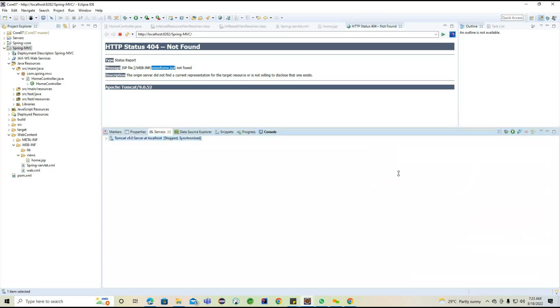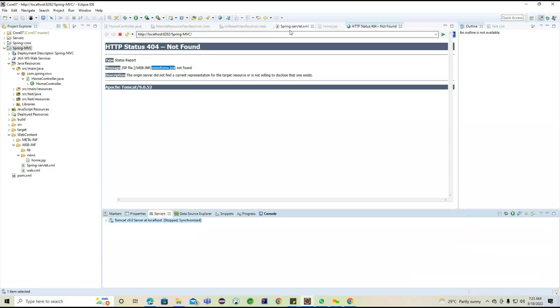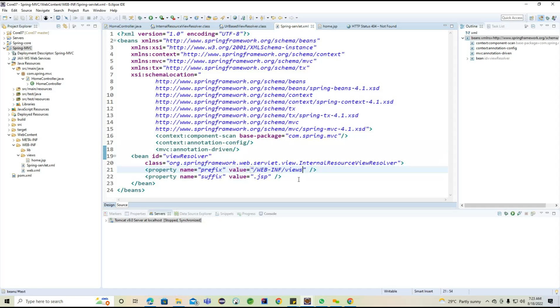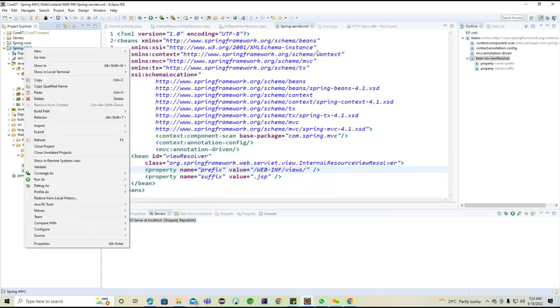Now I will show you what we are missing here. If you go to this, here we did not give the slash. This is important because views is a folder. So under the views, we are having some .jsp files here. Because of this, we could not get the proper